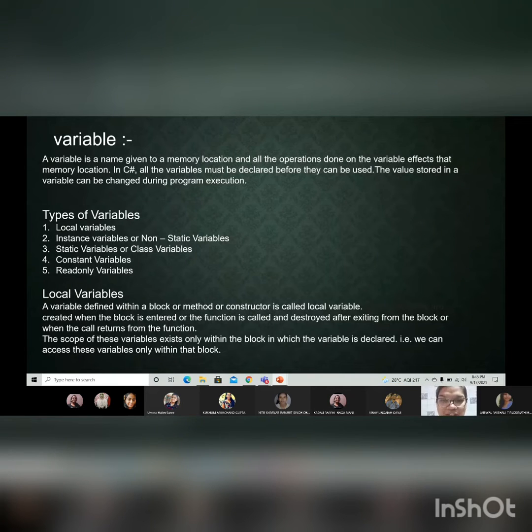So the second topic is the variable. A variable is a name given to a memory location, and all the operations done on the variable affect that memory location. In C Sharp, all variables must be declared before they can be used. The value stored in a variable can be changed during program execution. And the types of variables are local variable, instance variable or non-static variable, static variable or class variable, constant variable